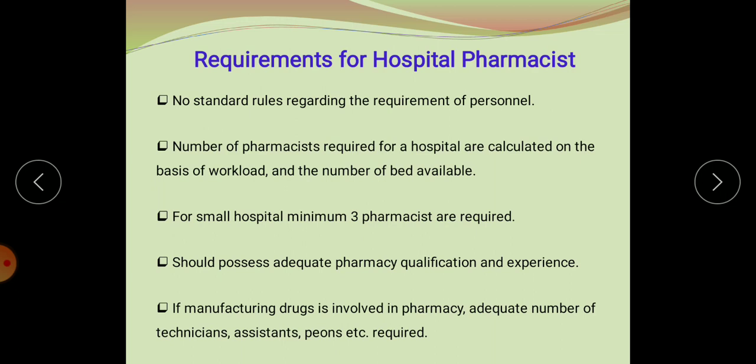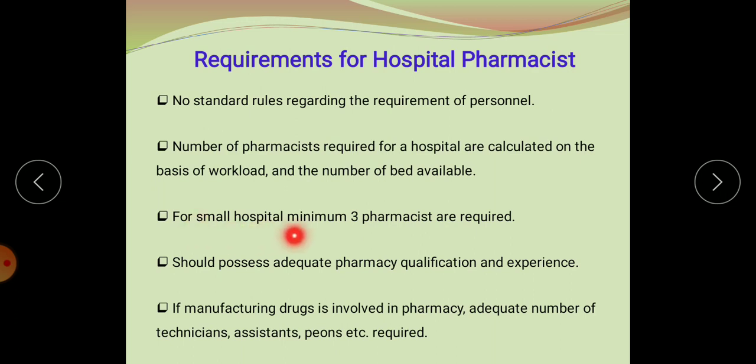As much as the number of beds is increased, the number or requirement of the pharmacist will also get increased. Like in our previous lectures, we have discussed about the classification of the hospitals on the basis of the capacity or intake of a hospital. There it was mentioned that the teaching cum research hospital consists of the most number of beds, which is 500. Then the district hospital with 200 beds, then the taluka with 50, and the primary health center with 6 beds. So as per the bed number, the pharmacy requirement will vary.